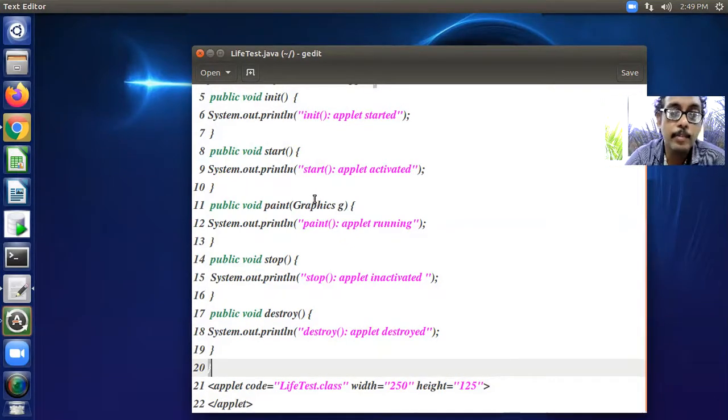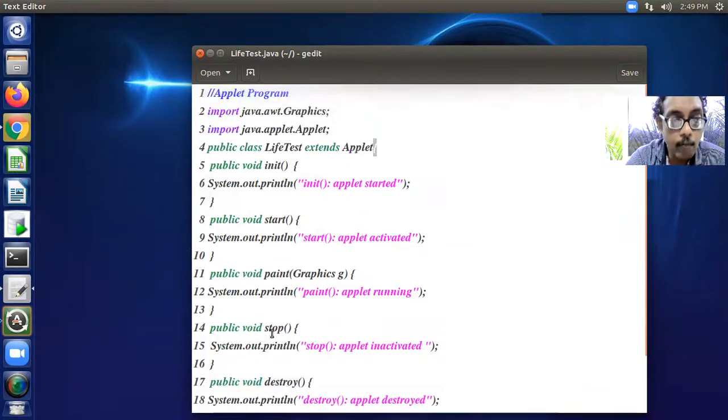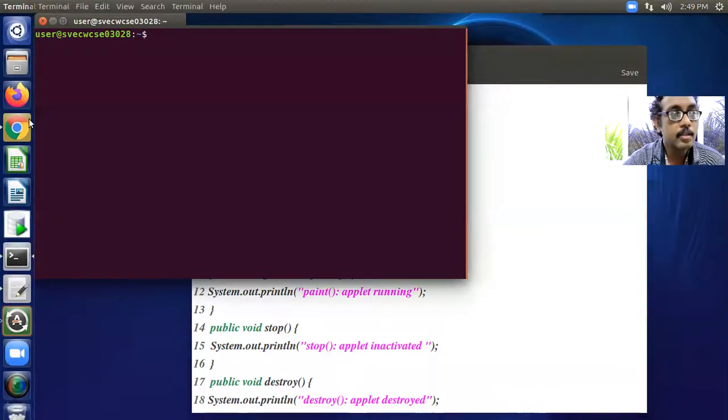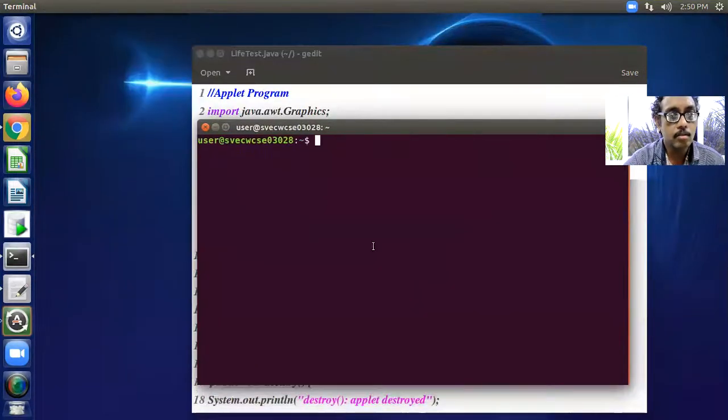But in this particular Java program, what happens? Here I am writing the same applet code in the last lines. Is it correct or not? First of all, check it using the compilation process. The compilation process is the same for all Java programs, so I am utilizing the javac compiler. I am taking one terminal, Control Alt T. So javac, space, LiveTest.java, where L is a capital letter. I am entering.